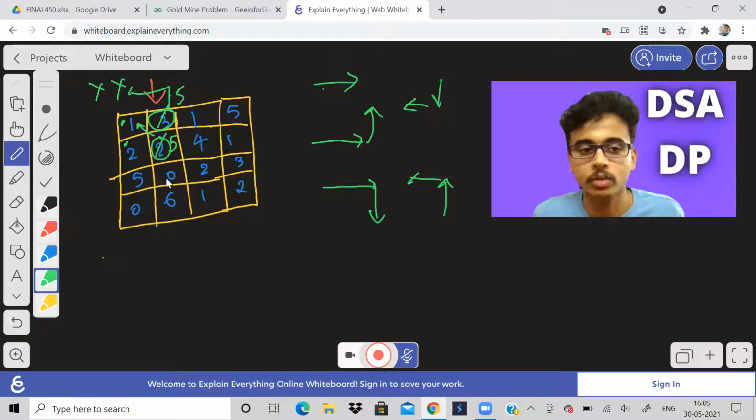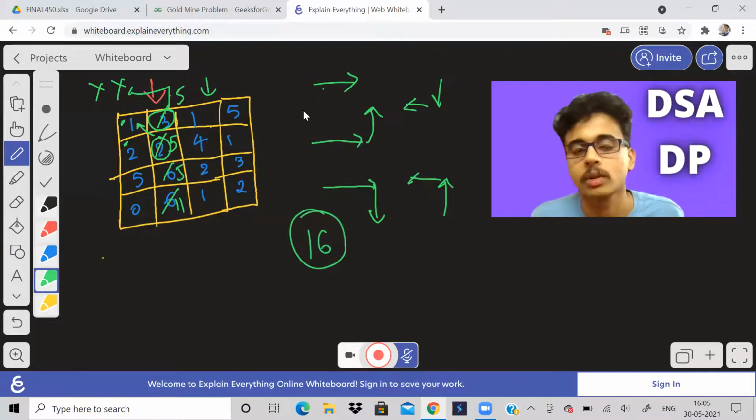Similarly for this 0, what is it going to be? This is going to be 5, I guess. For this 6, what is it going to be? Now we can do it orally, right? It becomes 11. Now the matrix values have changed. You should apply the same operations in this row with these new updated values. Like this, if we do, we will get the answer 16. That's what the GFG article says.